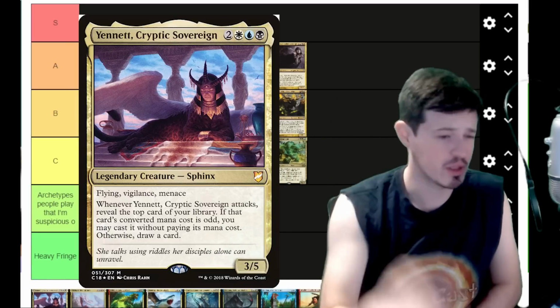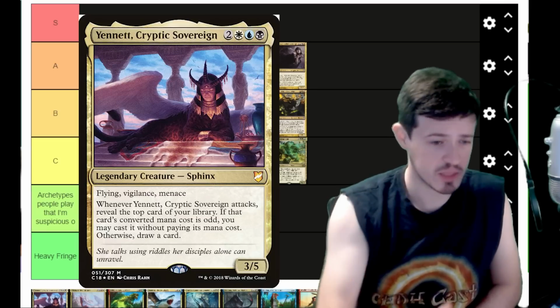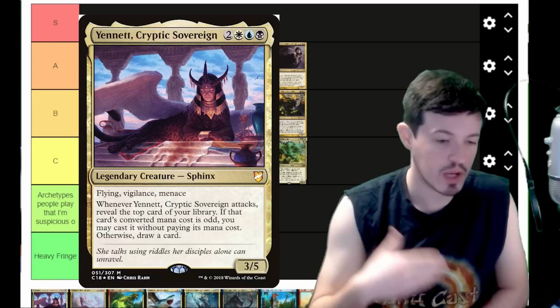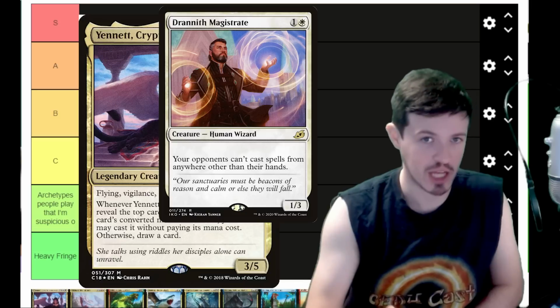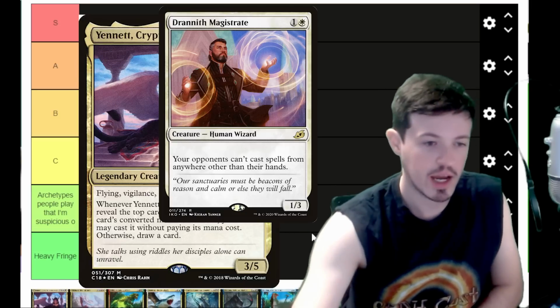an Esper deck. We've talked about this before. I think Esper cards are so broken right now. They're very strong. You can play your stax pieces and your midrange engines. Yennet's not a great card advantage piece in the command zone, and it's a strategy that really, really gets affected by Drannith Magistrate. So with all that being said, it's a solid Esper deck, and I think it's better than